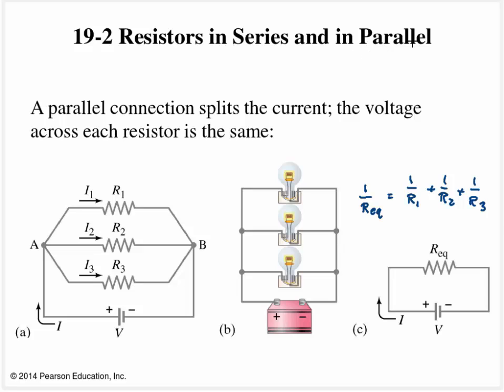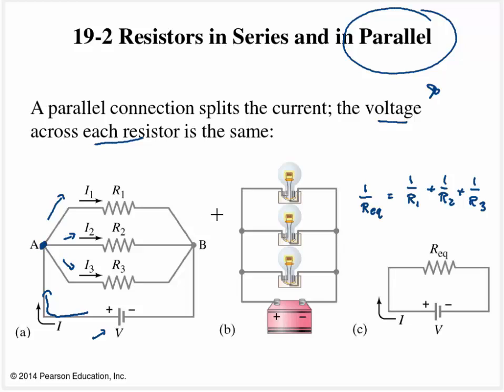Now, the other way we can hook up resistors, or pretty much anything, is in parallel. And essentially the important thing to remember for parallel is the voltage across each resistor must be the same. So here we have a battery, we're going to have our current flowing out right here, and then we're going to reach some junction, and then the current has three paths that it can choose, 1, 2, or 3. It's going to meet back up at this other junction, and suppose that this is simply 120 volts. I know that I'm going to have 120 volts across each resistor,